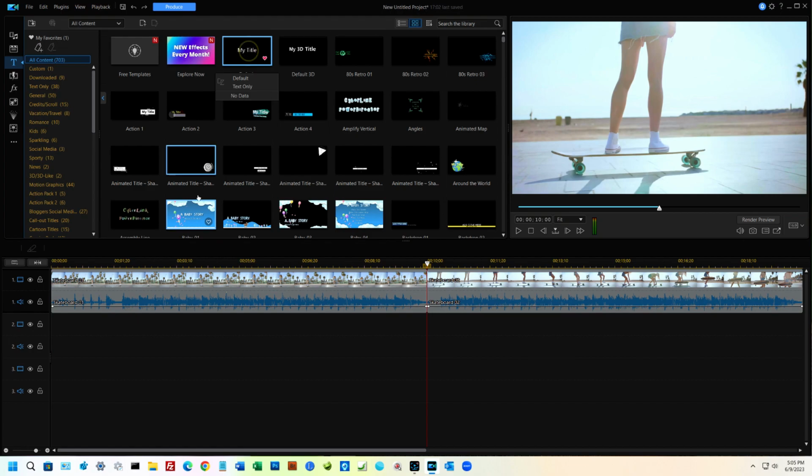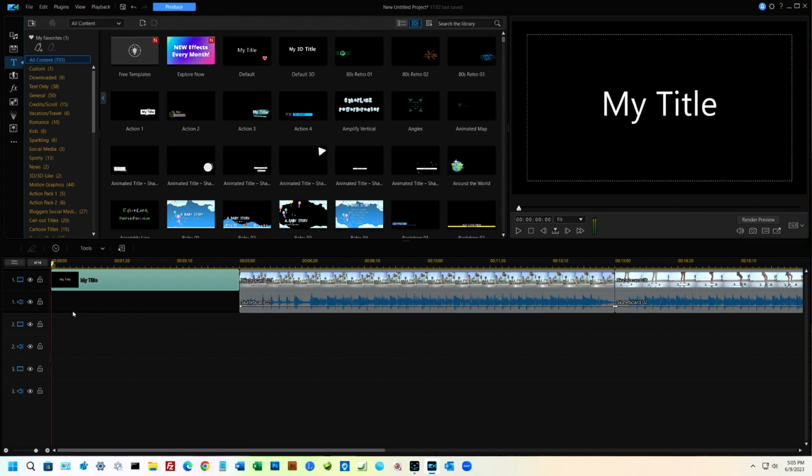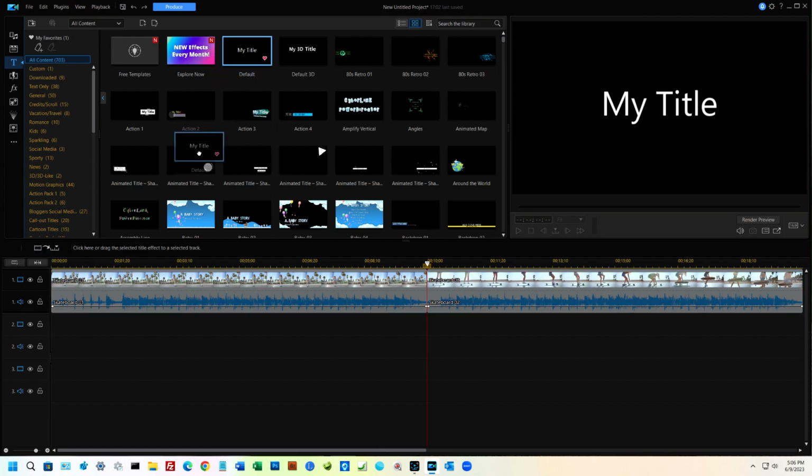The second method is insert, which will merely place it at the beginning of the movie and move all of the video clips to the right to make room for it. The third method is to insert and move all clips, which would be very similar to the insert mode just